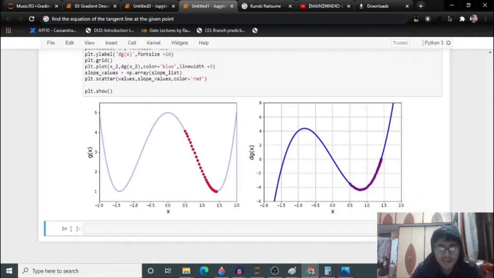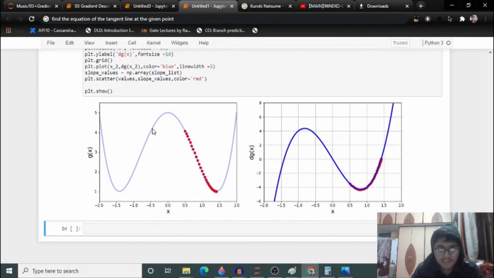Now you can see that we started from point 5 and we reached this 1. We also see that the slope is a greater negative slope, so this is kind of -4 and we are just approaching 0, guys. Now I want to start here, guys, at -0.5.